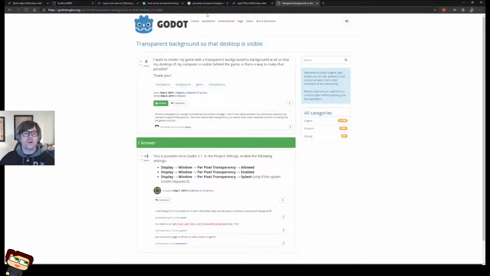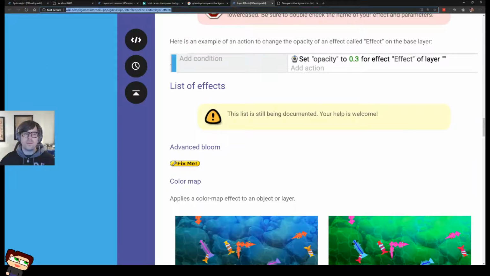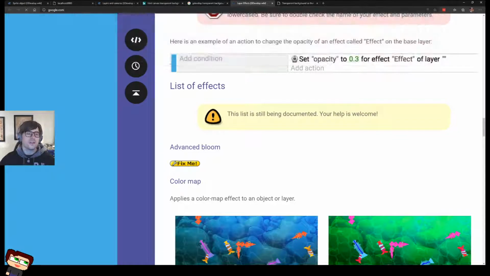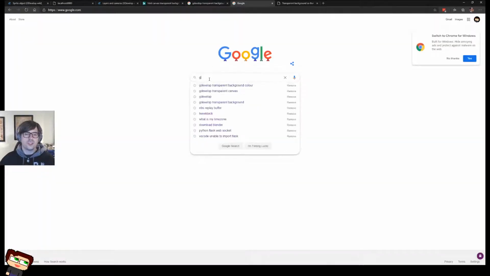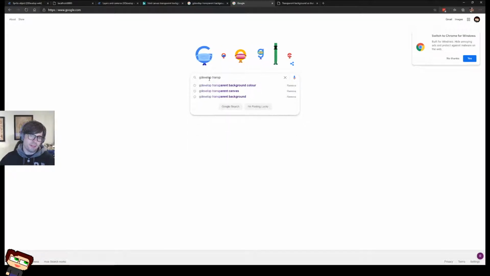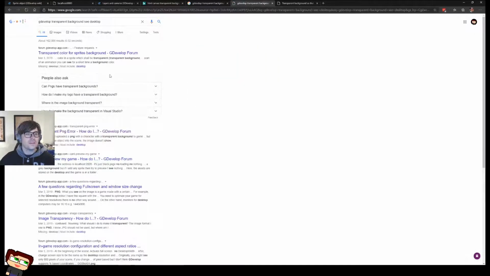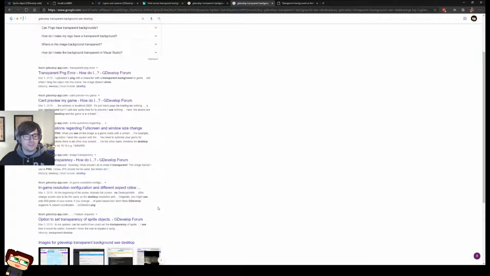Although, to be fair, Google, I'm going to do one more Google search. One more. Google.com. We're going to search GDevelop transparent background, see desktop. Can I preview full screen window size, image transparency, in-game resolution?